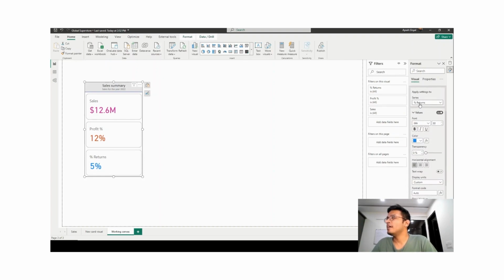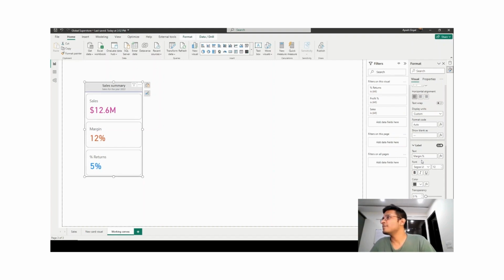For example, let's say instead of profit percentage, I need this as margin, right? So I'll just select the series as profit percentage, right? This means now I'm editing or formatting only the profit percentage. Any change that I'll make here will be applicable to only the profit percentage. So I'll go to the label text and I'll type in margin. So if you see, this text basically changes to margin, and let's say margin percentage, right? Because profit percentage sometimes is also called margin percentage. You can just change the positions below, above, change the color, change it dynamically. Most of the things are same as